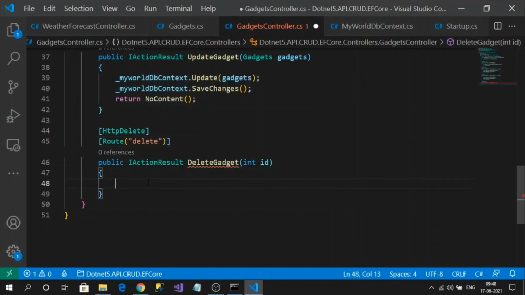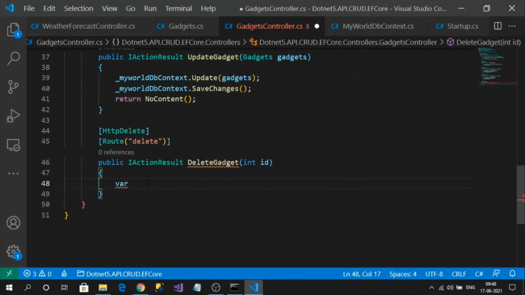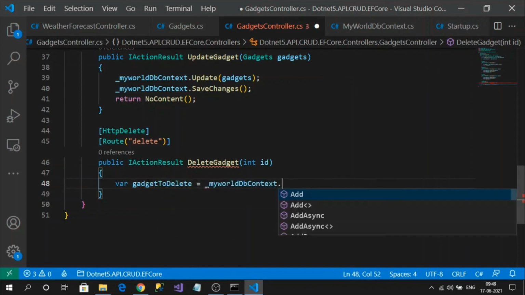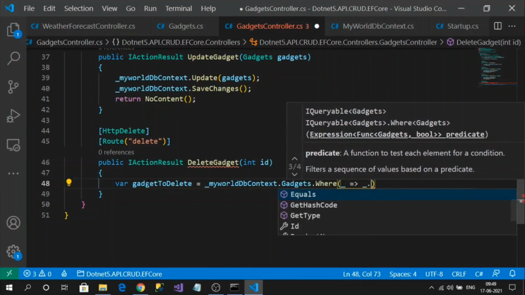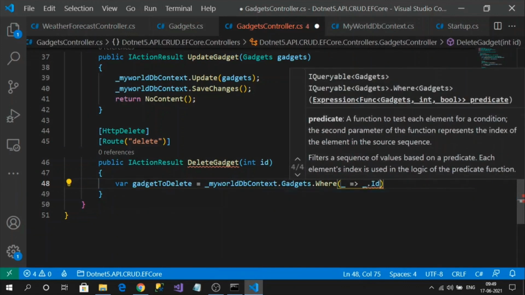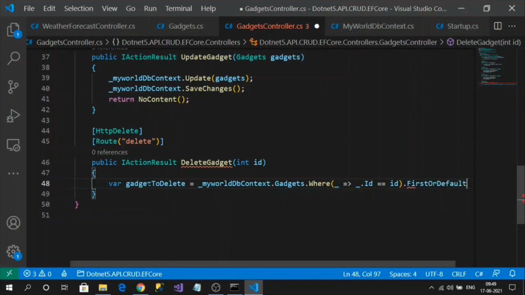First I will get the record from the database. So I can query like where ID equal to ID and FirstOrDefault.